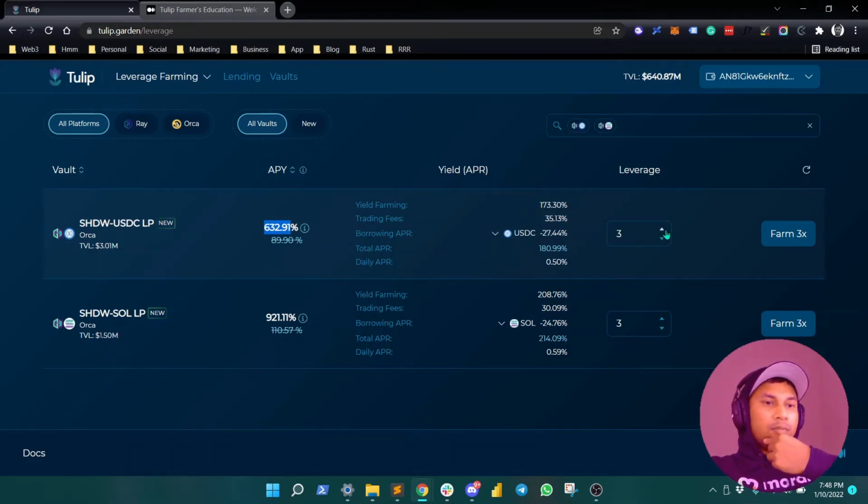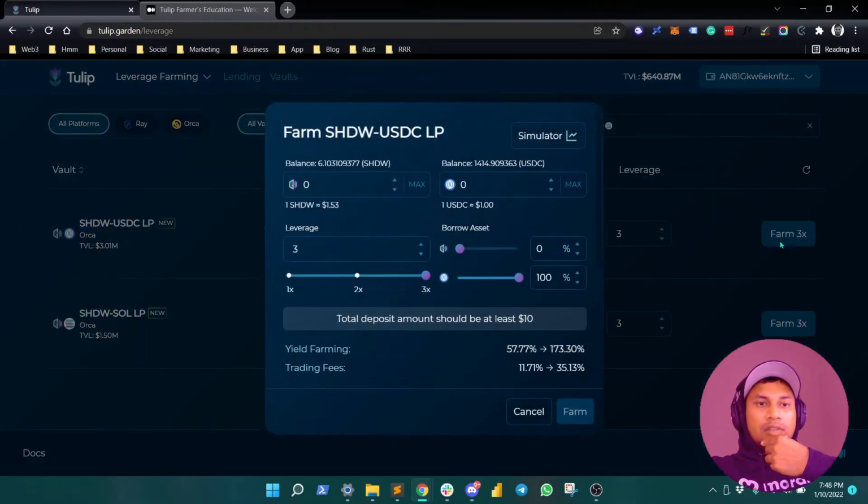Yeah, so basically leverage over here. You don't need to adjust right now if you want to. You just click on farm 3x right here, and then you could go ahead and adjust it over here. All right, and always remember to see this note: total deposit amount should be at least